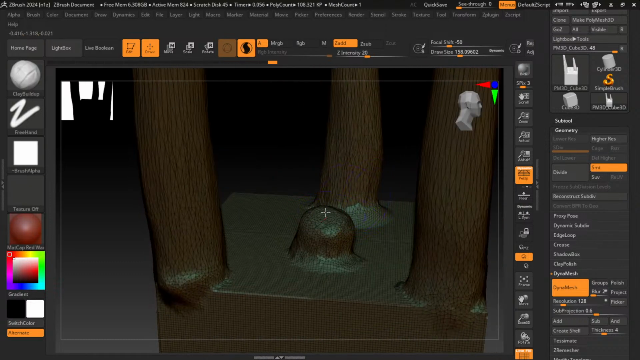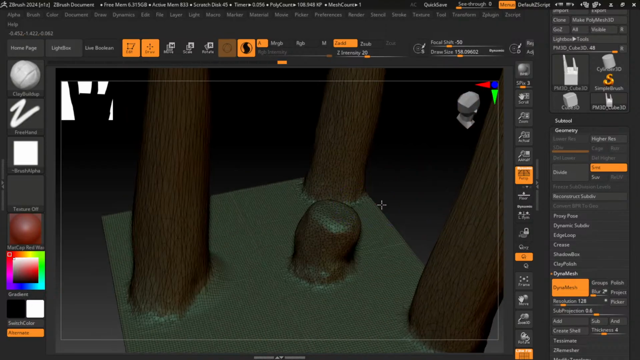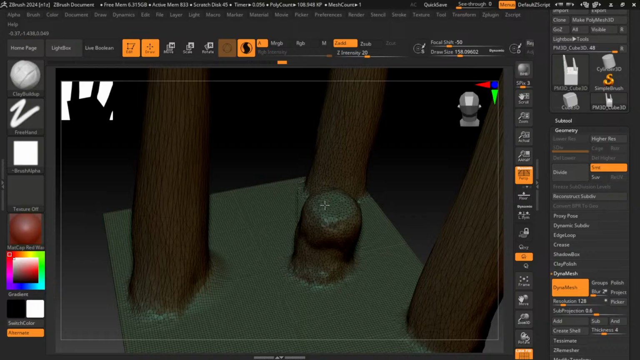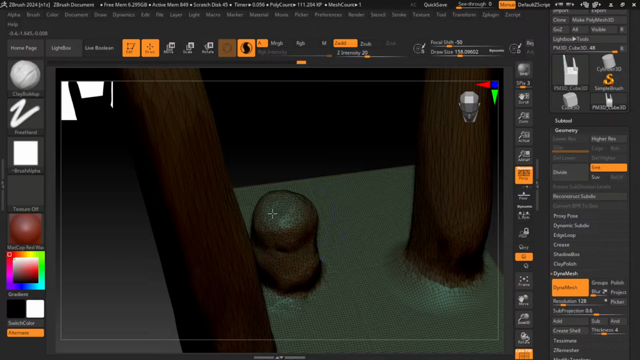We can grow a lump here first, right? Just making sure that it's the size of a man. And the thing is,